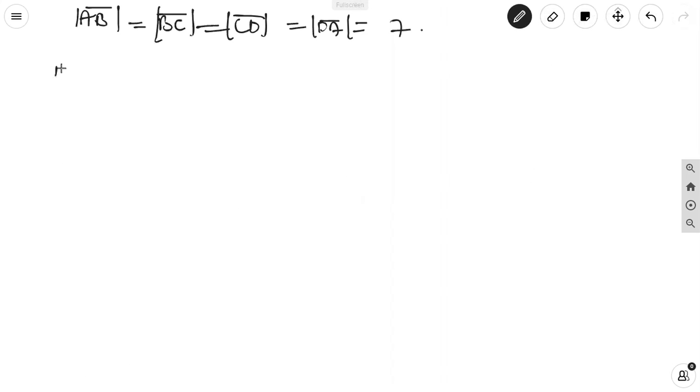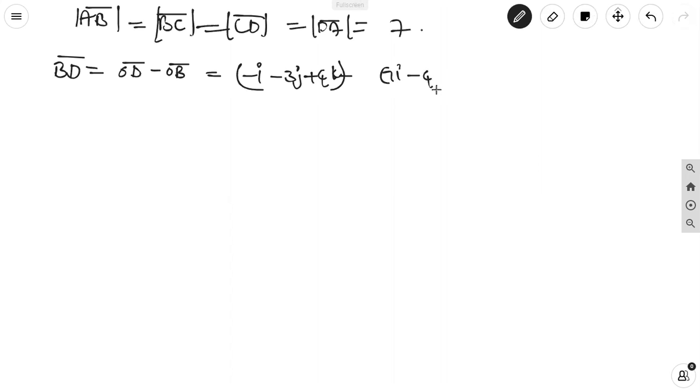Taking BD, it is equal to OD minus OB. OD is minus i minus 3j plus 4k, minus OB, which is 7i minus 4j plus 7k. It is equal to minus 1 minus 7, that is minus 8i, plus minus 3 plus 4, that is j, plus 4 minus 7,